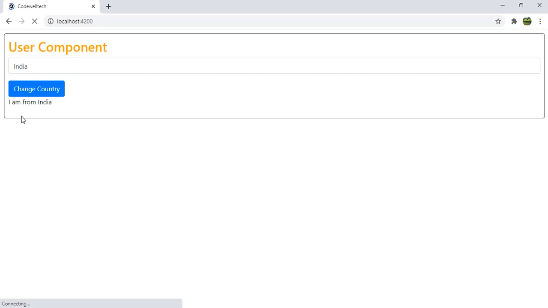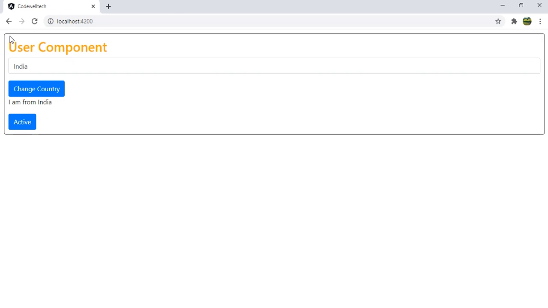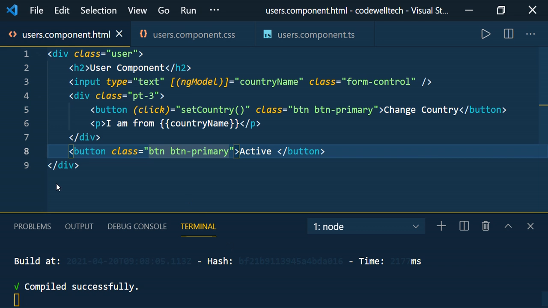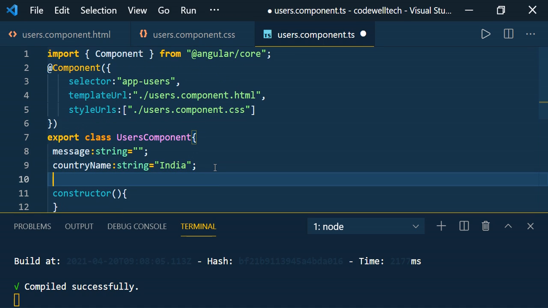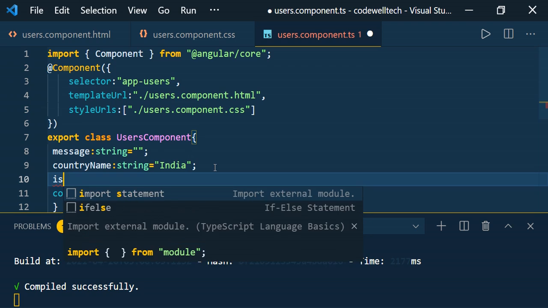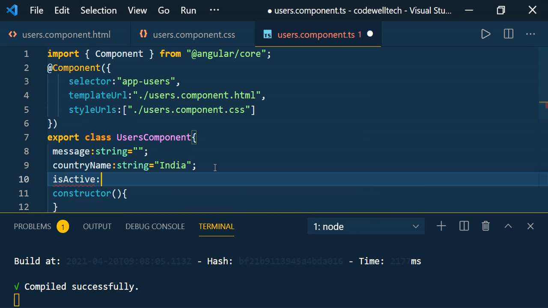Here I would like to change the background color of this whole user component when you click on the Active button. So for that, let me create one variable called isActive. Let me make it false by default.